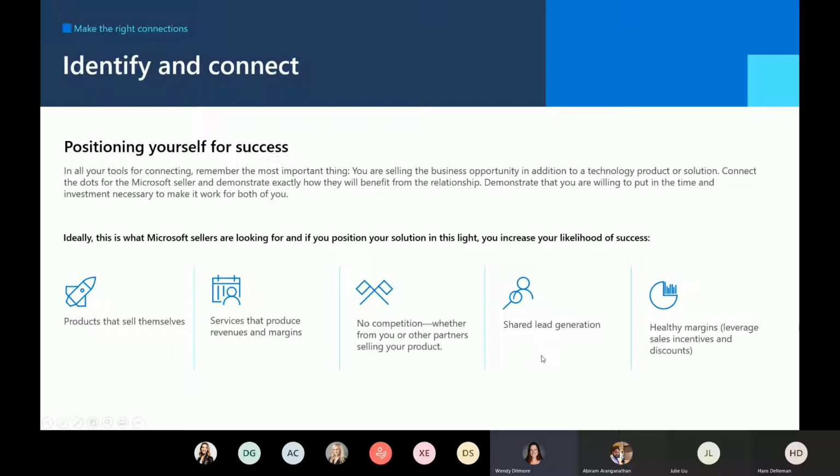If you're willing to make that shared lead generation happen with the Microsoft sellers, that makes their jobs easier, and that makes you a very interesting opportunity for them to work with, so that you together can drive a lot more strong opportunities. And of course, having great healthy margins that do things to leverage sales incentives and discounts can